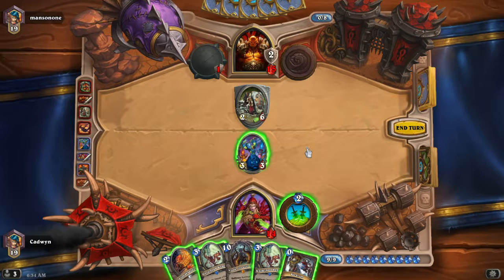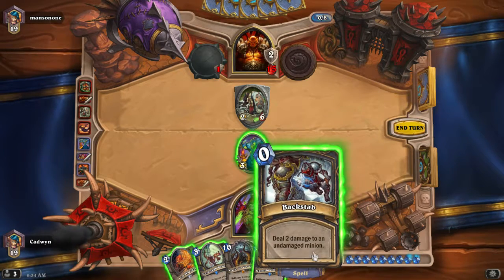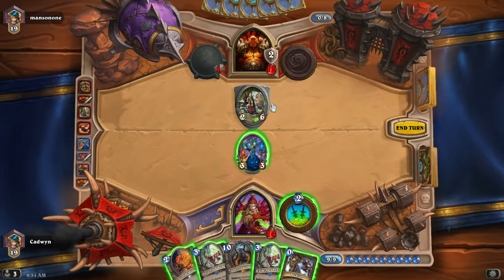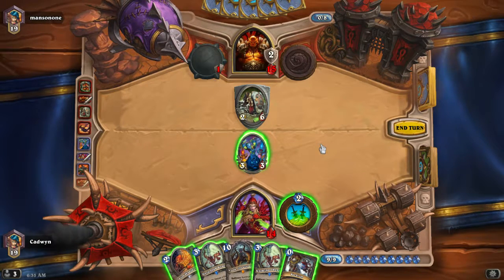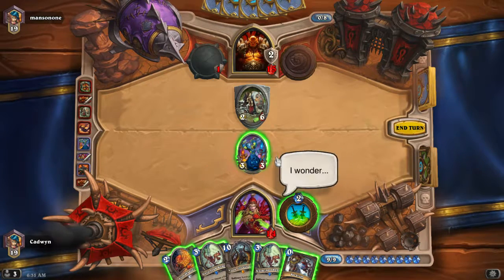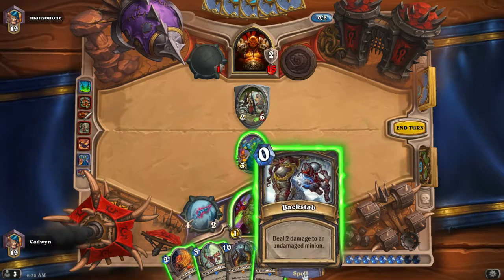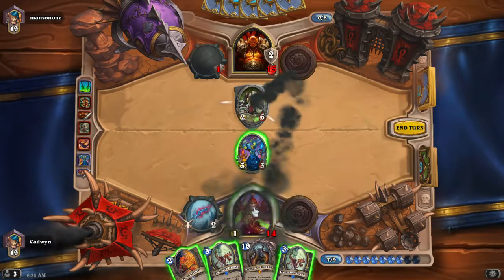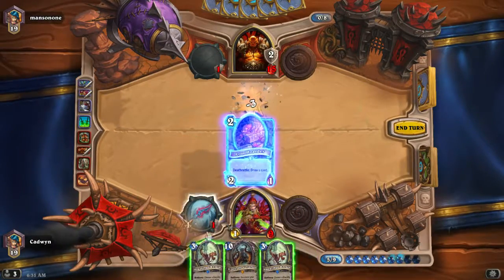Alright, so a couple of options here. We can start by backstabbing, hitting it for 3, and then finishing it. That's unfortunate because we lose our board there, but we can play the Loot Hoarder and Unearthed Raptor. So, I'll have to do this. Backstab first. Take 5 to the face like a champ. And hope that he doesn't have